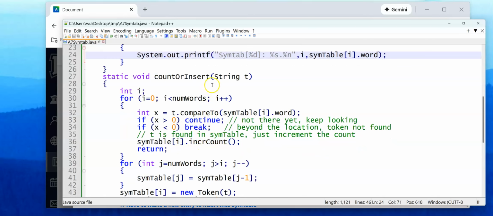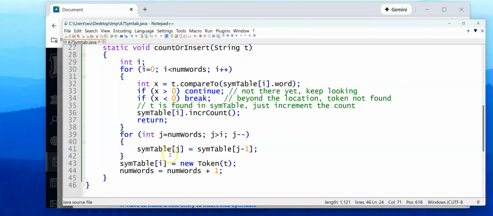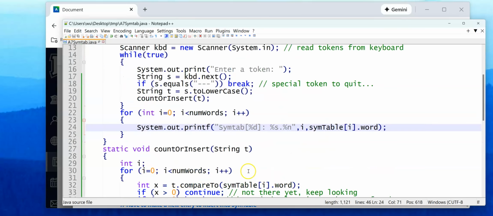We need to insert it into the array. So we first need to make room. We go from the back of the array, and we decrease the index until it comes to the point of insertion. So we move everything down by 1. Now we have room, and the location pointed to by i, we insert the new token. We create a new token, and then we increase the number of words used in the symbol table. That would do. So after that, we just go back and keep on reading until we come to the